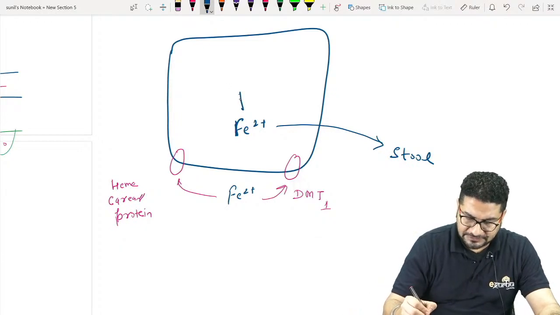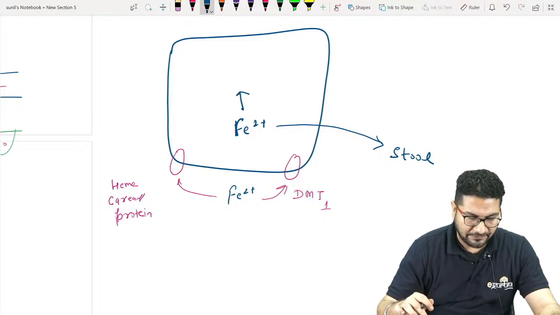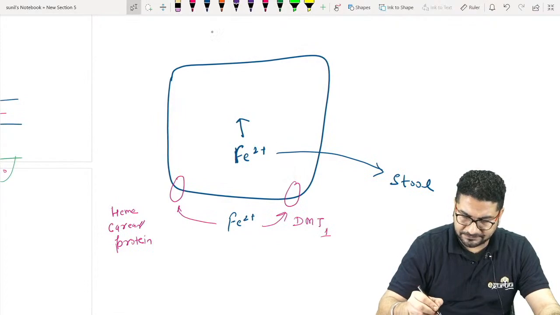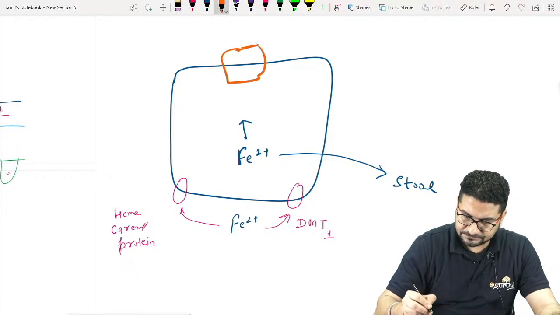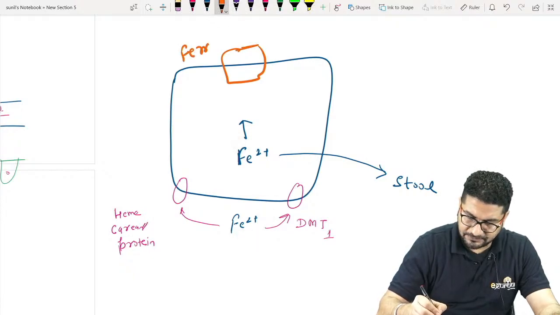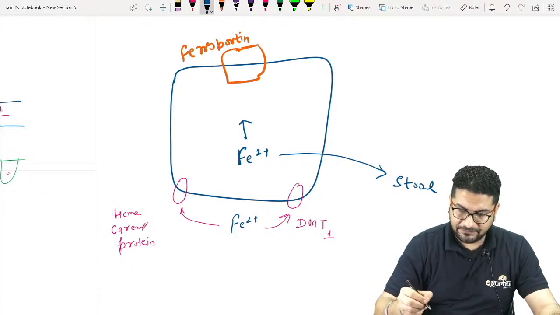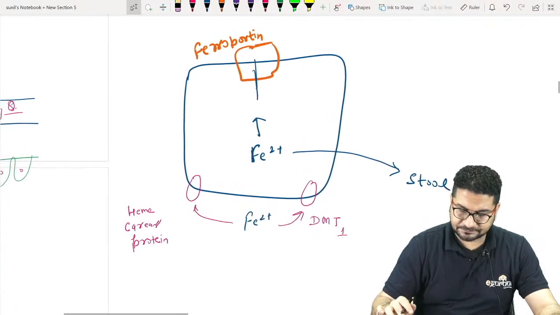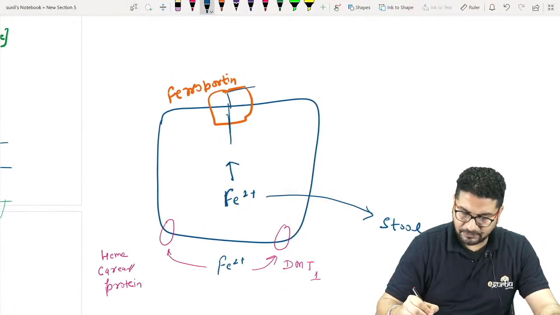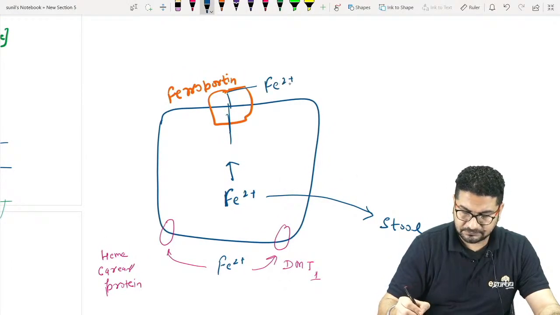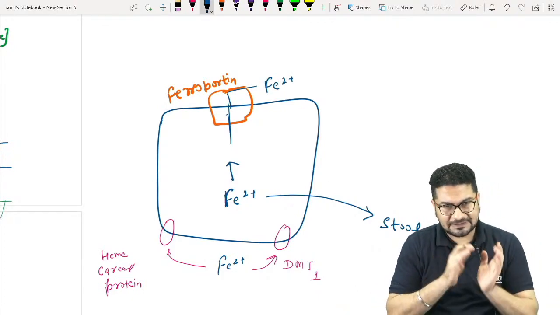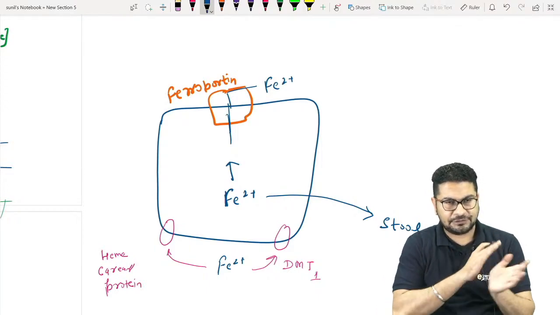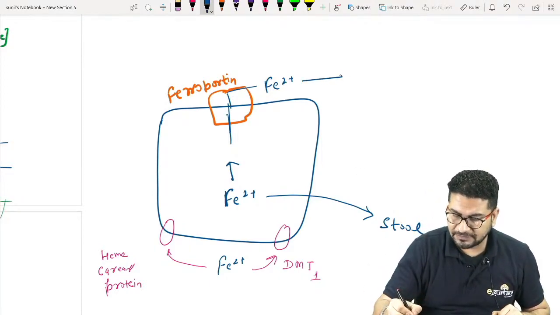Or usually this Fe2+ will come out with the help of ferroportin. This is your ferroportin, right? With the help of ferroportin, this Fe2+ will come out. Now understand this, this is the same thing I told you previously in short, now I am telling you in detail. This Fe2+ now will convert again into ferric form,